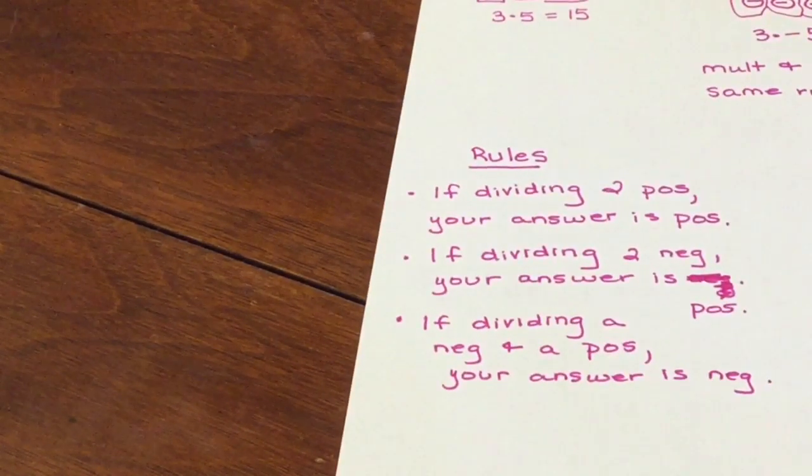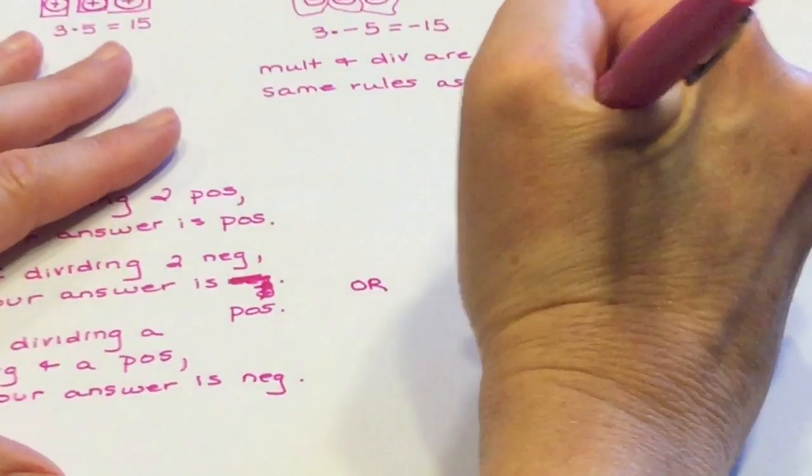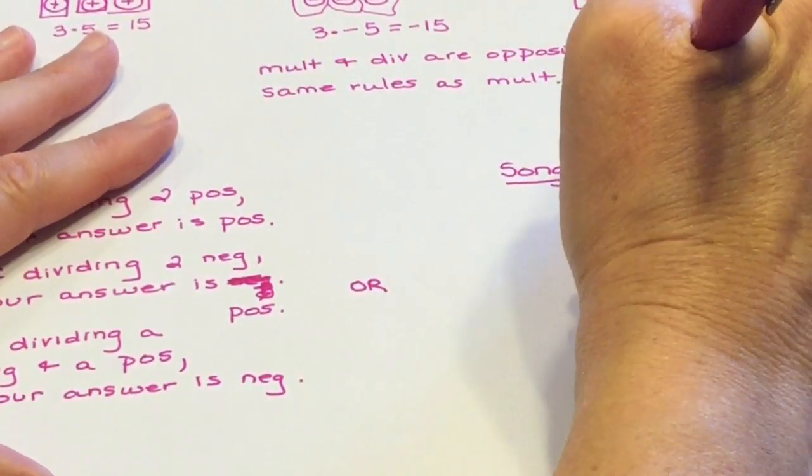If you look at those rules, those are the same as, again, multiplying. And so we can use the song for that. So if we do it to the tune of Jingle Bells,